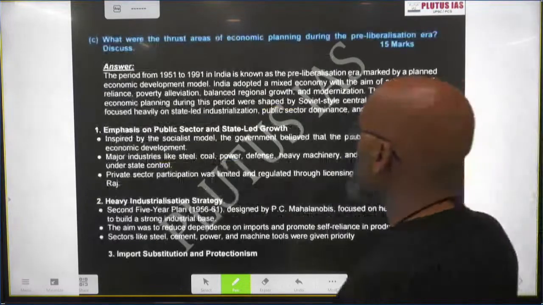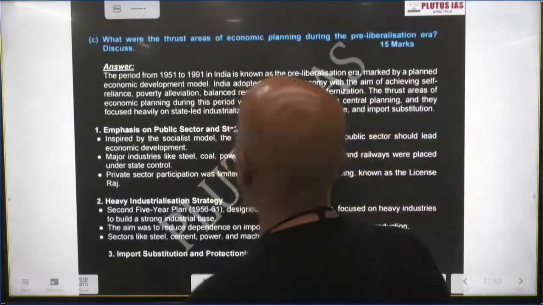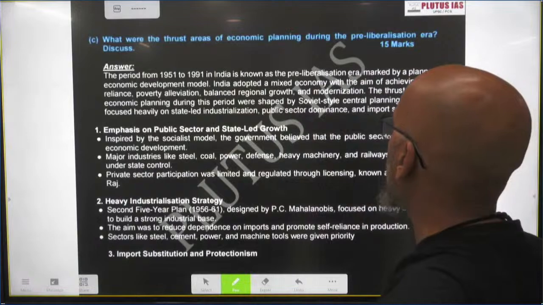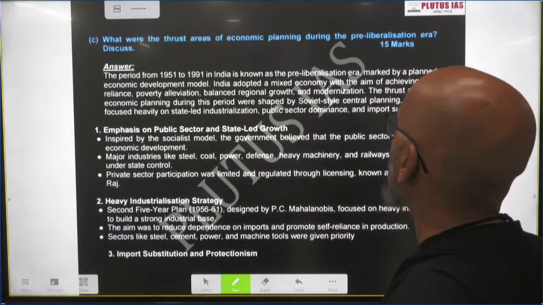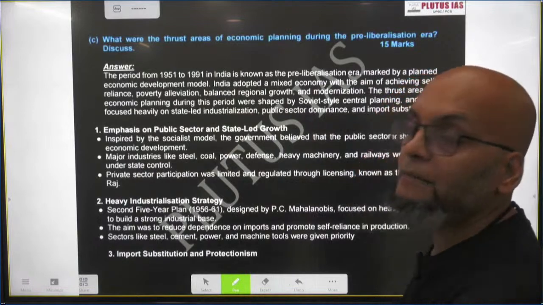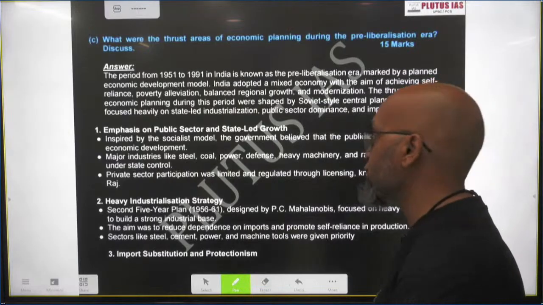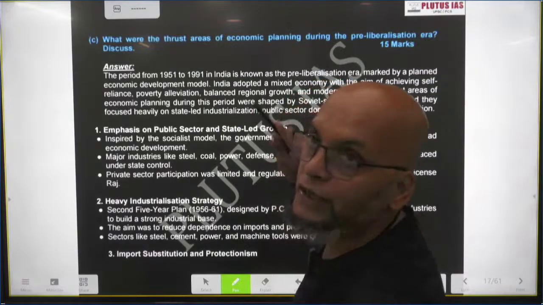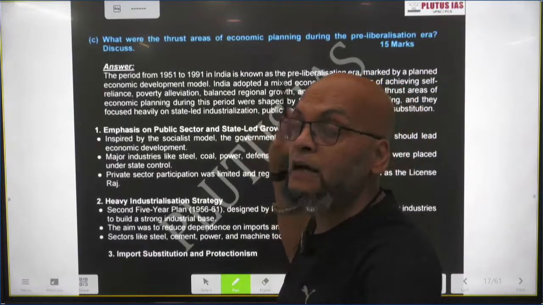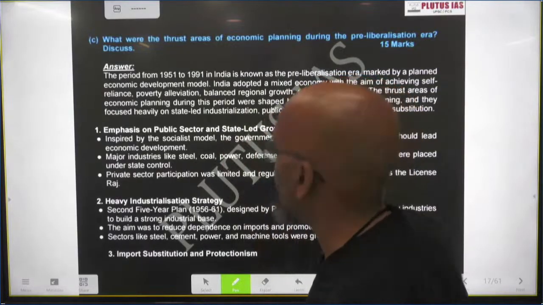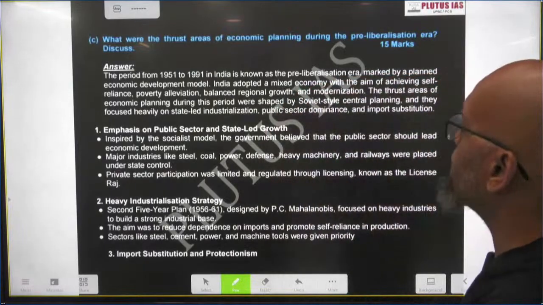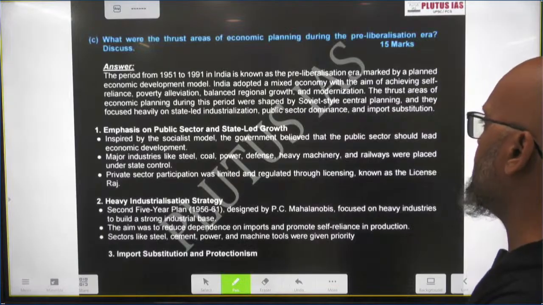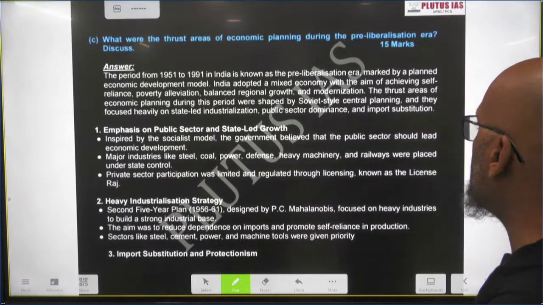Moving on, next question again of 15 marks. What were the thrust areas of economic planning during pre-liberalization era? Pre-liberalization era means before 1991, 92, and they're talking about economic planning during this time from 1951 to 1991. Okay, so the period from 1951 to 1991 in India is known as pre-liberalization era, marked by a